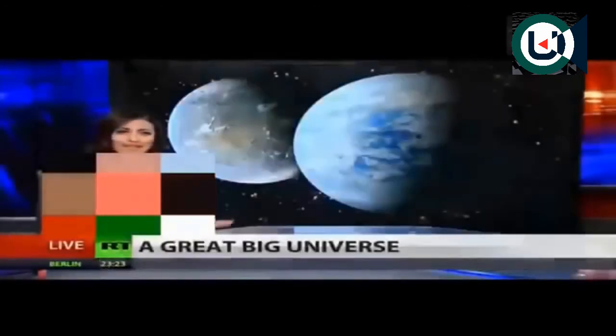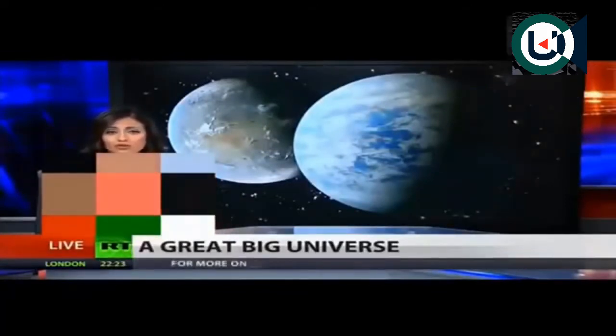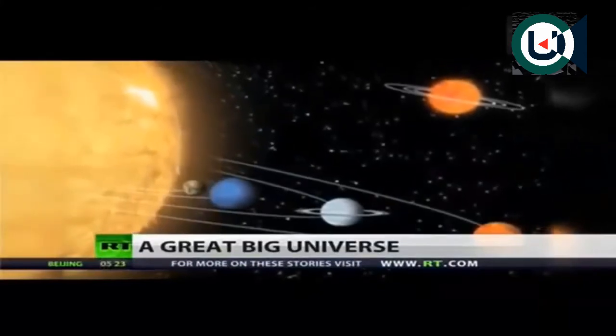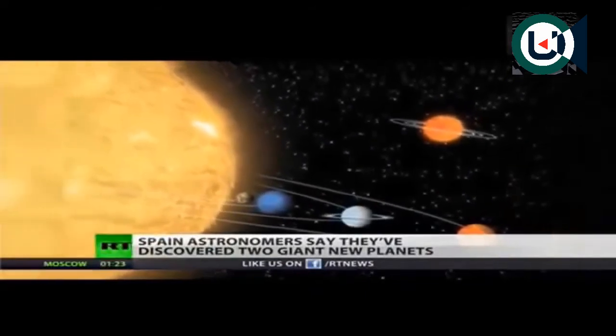Pluto, the sometimes planet, may be hiding a pretty huge secret. Well, two huge secrets, actually. Astronomers in Spain believe that hiding behind Pluto, obscured from our view, are two additional giant planets. Spanish scientists in Madrid discovered the potential for the two massive celestial bodies at the outer reaches of our solar